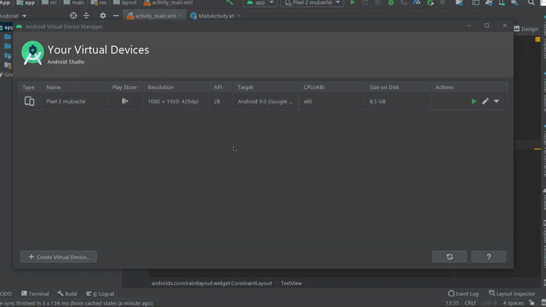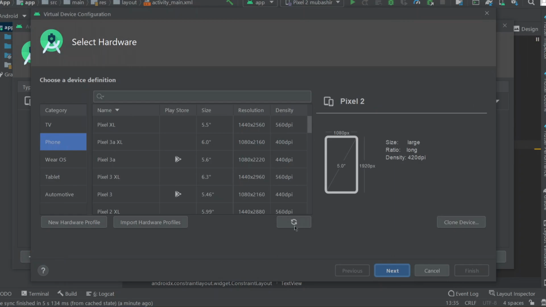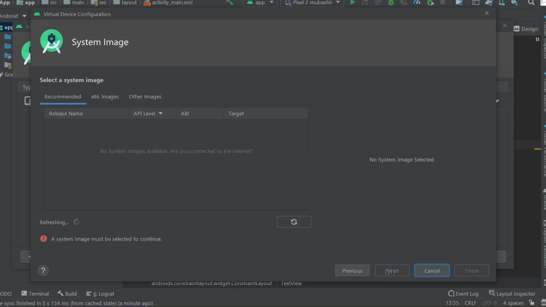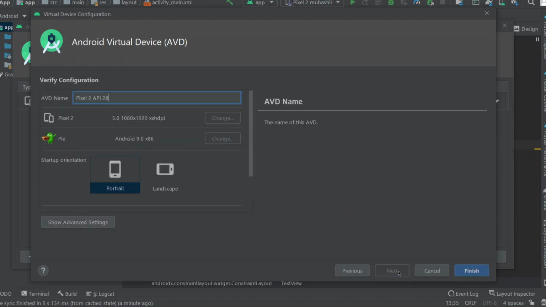Click on that, click on this phone and click on next. Okay, no system image. So here click on this and click on next, and here you can give a name to your AVD, and you can just click finish.